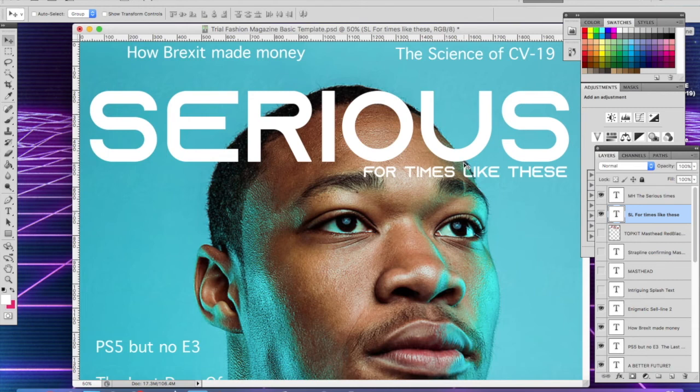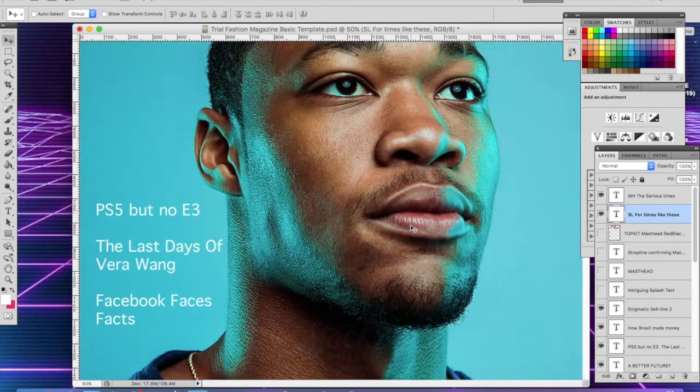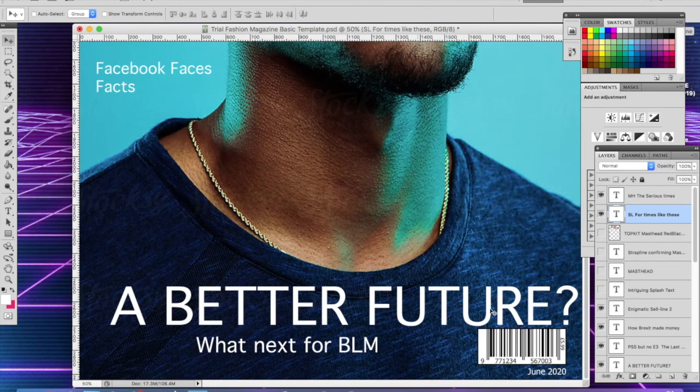It might be slightly thinner perhaps, but bear these gaps and spaces in mind. That's really rather important, because that means you can set something else up that looks as though it fits and should be there. If we go down here to the better future masthead, that masthead is sitting a little bit too close to